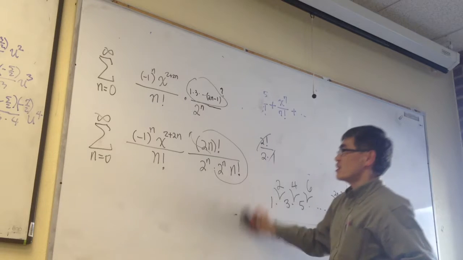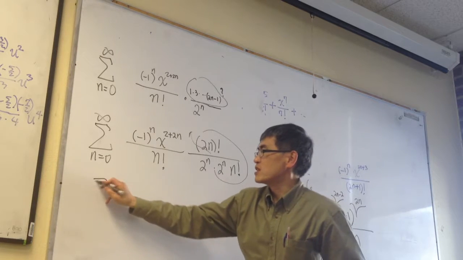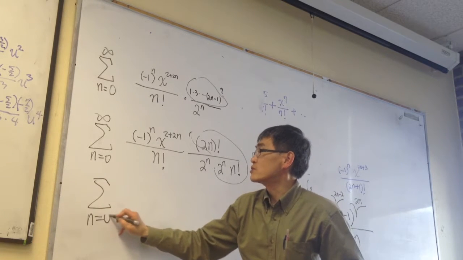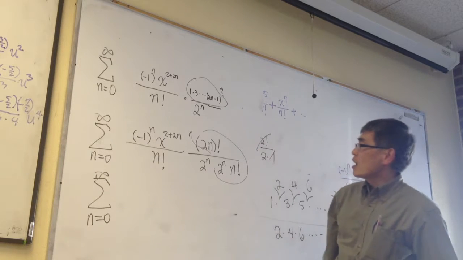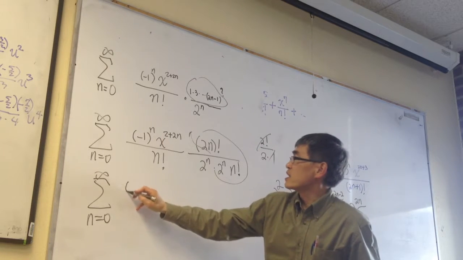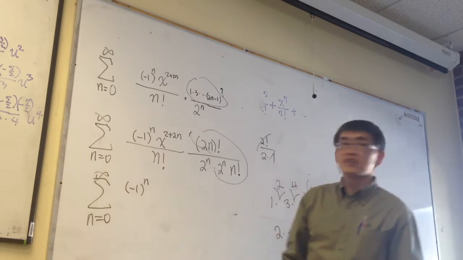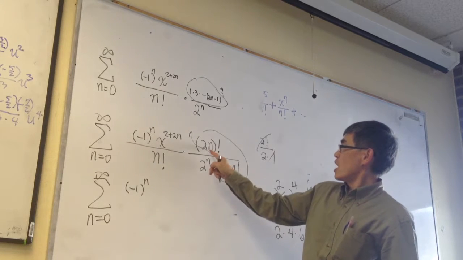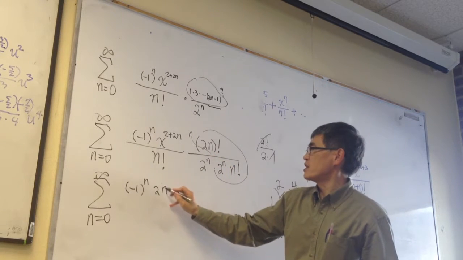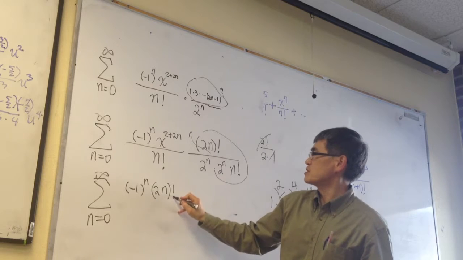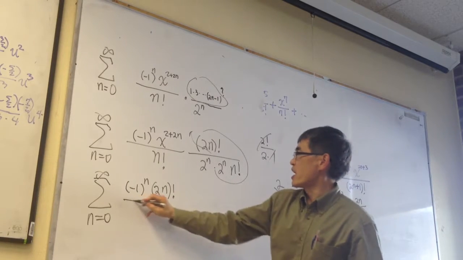And therefore, clean it up. Here's the answer. N goes from 0 to infinity. Negative 1 to the nth power, is that right? And then I have what? 2n factorial, that's one piece. And down here I have